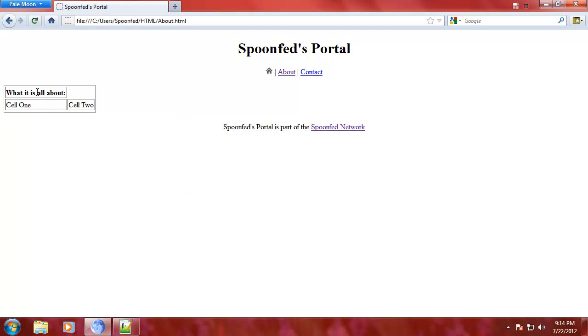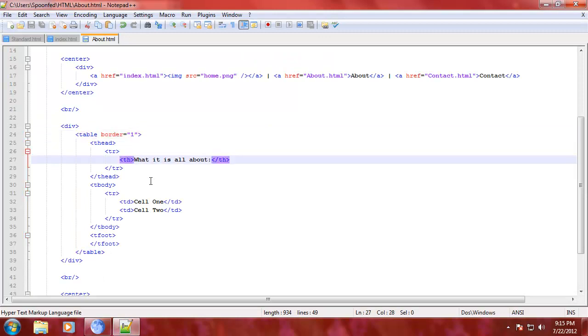Now what I'm going to do is I'm going to make sure this is going to be a layout. I'm going to have a list in cell 1. I'm going to have a list in cell 2. Now as you can see, cell 1 is much bigger than cell 2, and that's because of that one. So what I'm going to do is I'm going to make this span the both. So we'll do a colspan, because it's gonna span the columns if the columns are vertical, and you can also have a rowspan, which is a horizontal span. So it's on the left side as well. So we're going to do colspan 2, save that,